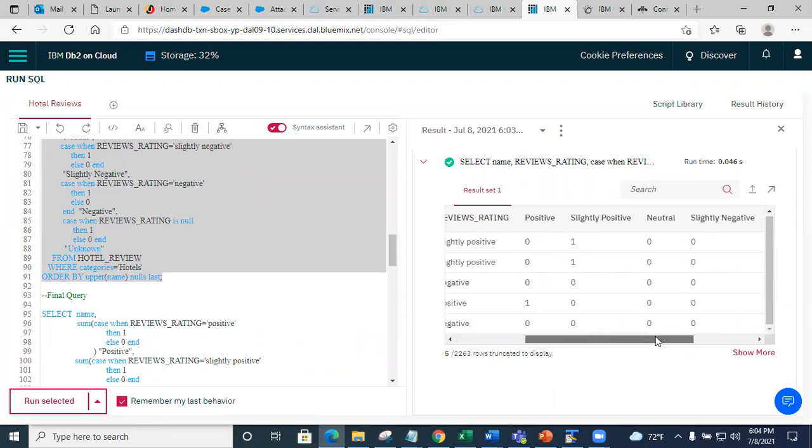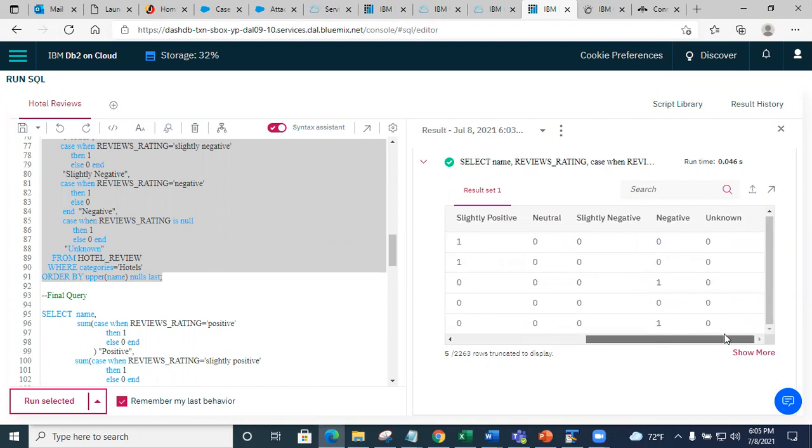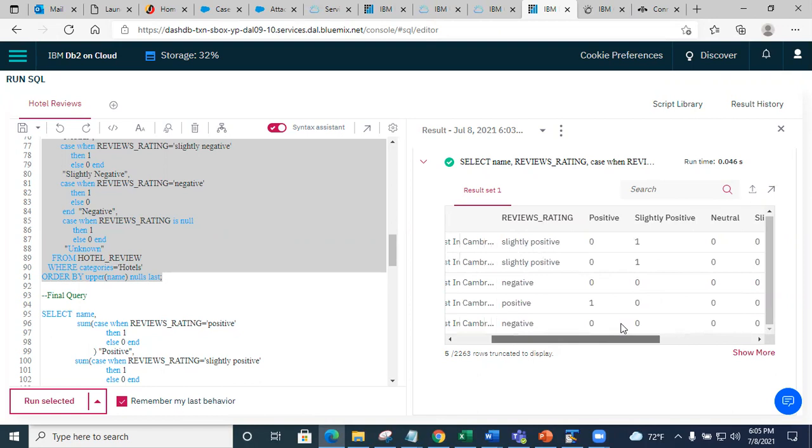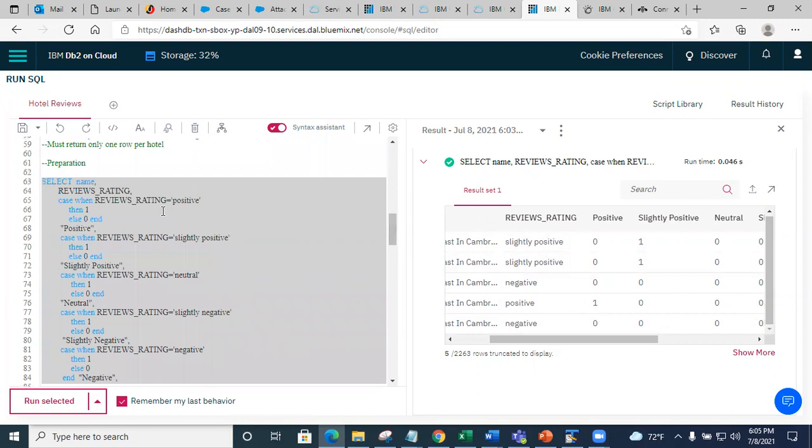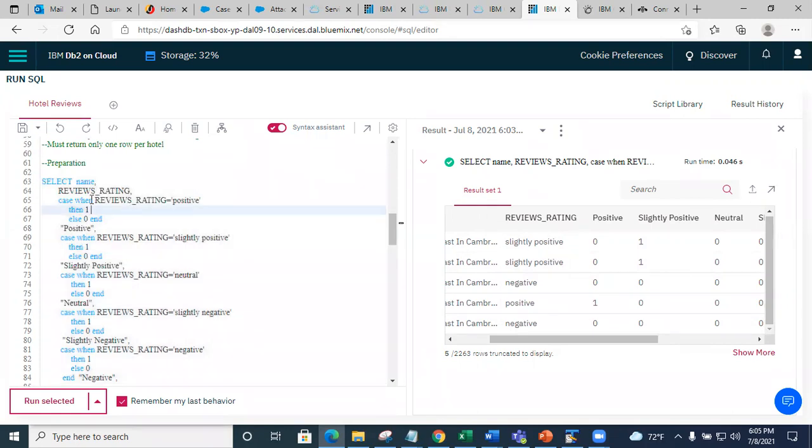I do this, see? When you did something similar in an early assignment, you had an ungraded exercise where you did something similar. You did not need to do this step because the values were 0 and 1 already, right? But in my query here, in the select clause, I can have the calculated columns. And what I do is this, I say, if review rating is positive, right, then 1, otherwise 0, and the column name is positive. And the same thing I'm doing here, right? For the neutral, I'm doing this, right?